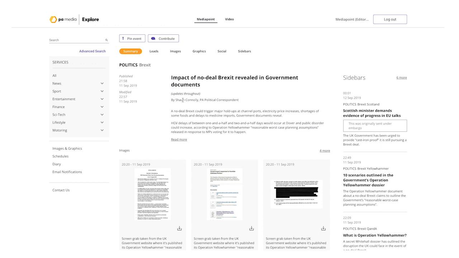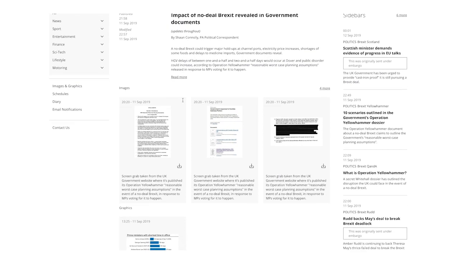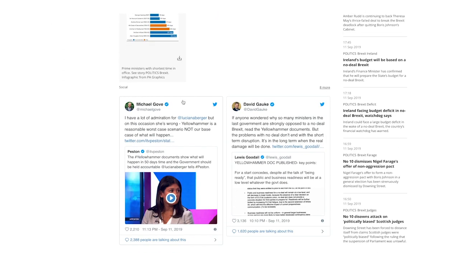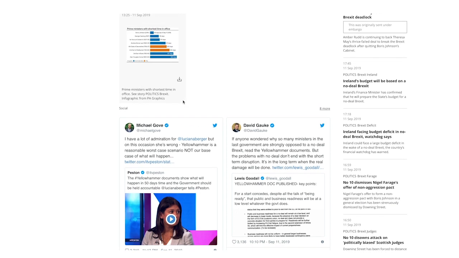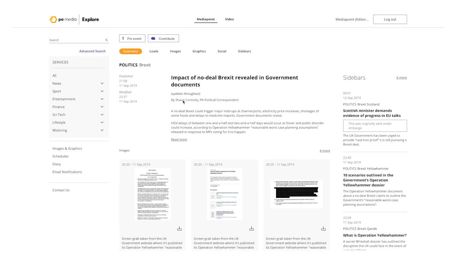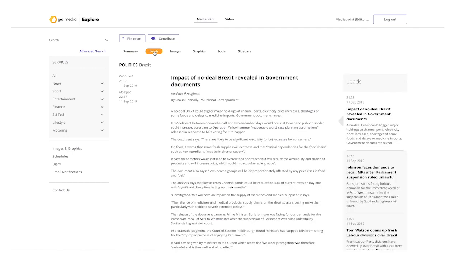Accompanying this story, you will have the latest related images, graphics, and social media. If you then click on the various tabs at the top of the page, we have the leads, which are the latest versions of a story as it develops throughout the day, which have the same topic and primary keyword to the original story. We then have the images and graphics relating to that story,